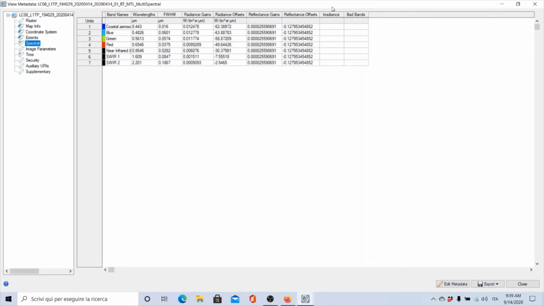Why is it necessary to have a distinction between these different things? Because if I want to perform a multi-temporal analysis, for example, to check over the course of different weeks, in different time intervals, how particular surfaces change during that period, then in order to perform this comparison from the analytical point of view, and therefore from the data point of view, I cannot work with simple radiance, because the